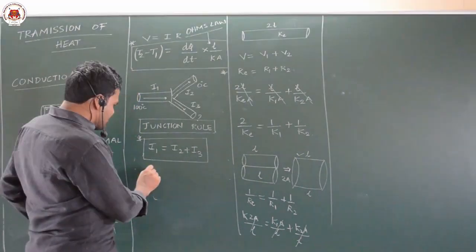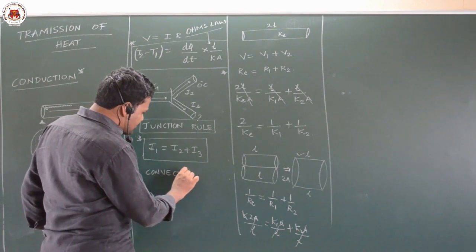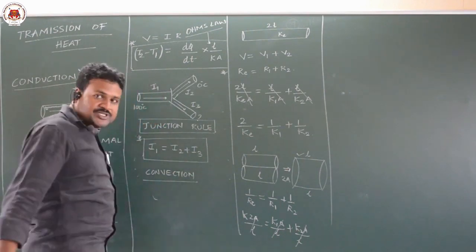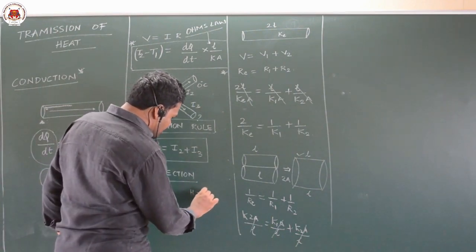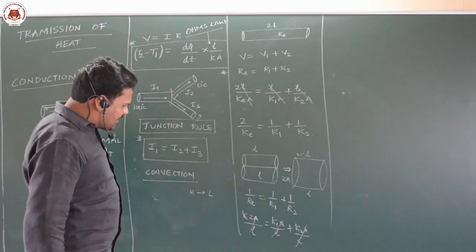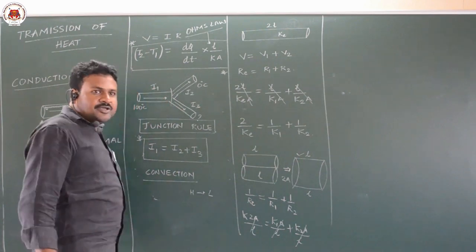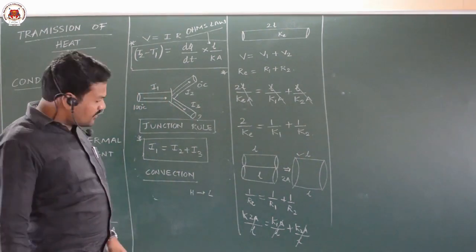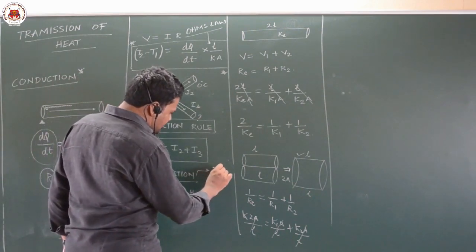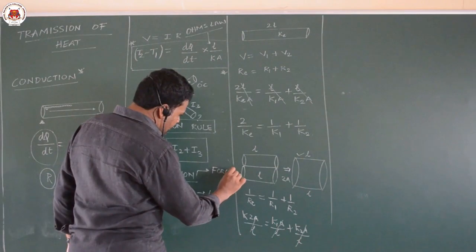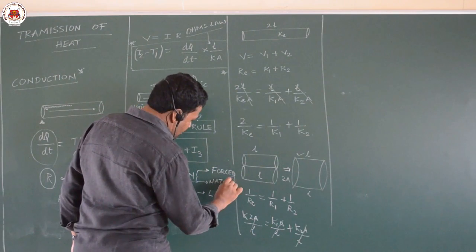In case of convection, actual movement of molecules will take place, and these molecules will move from high temperature to low temperature, and this is also because of the difference in the density of the medium. Now here two types of convection are there. One is forced convection, and the other one is natural convection.